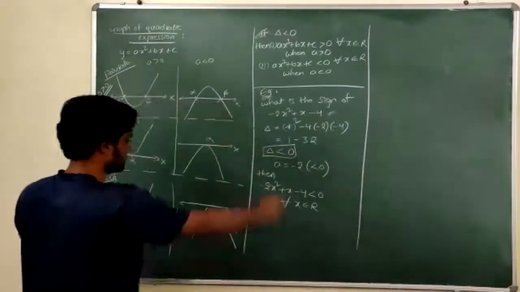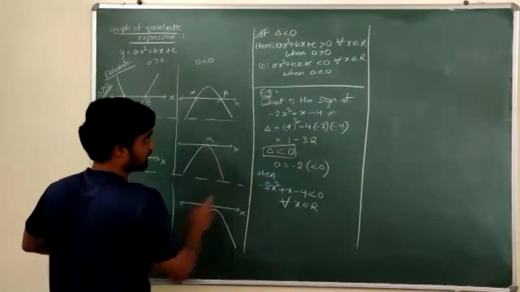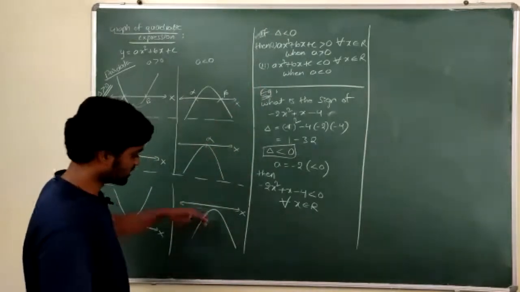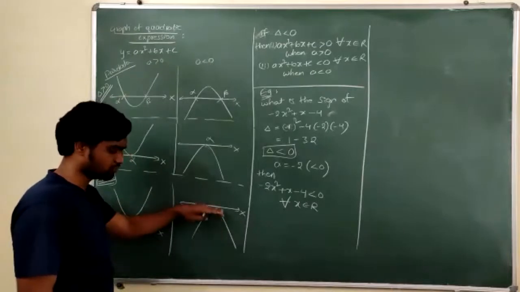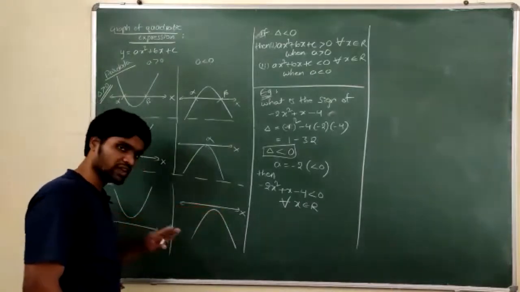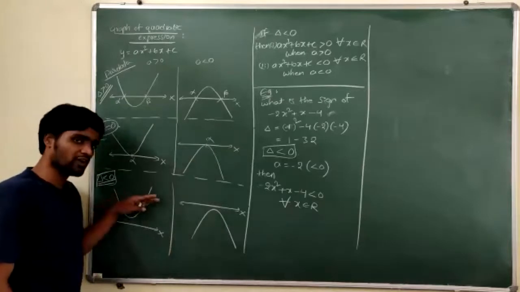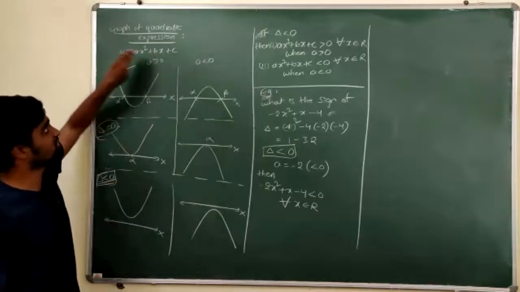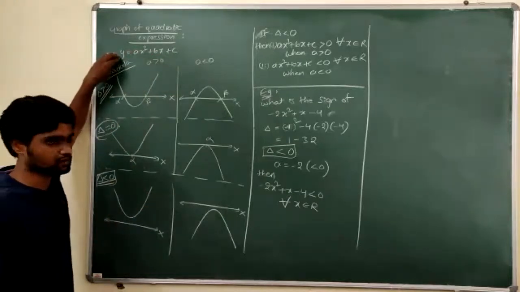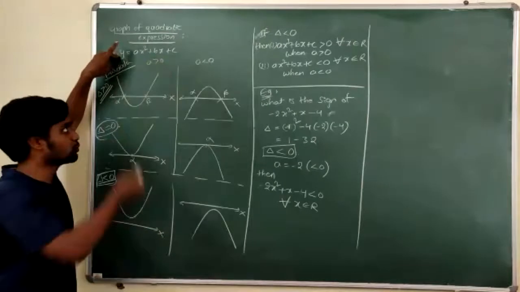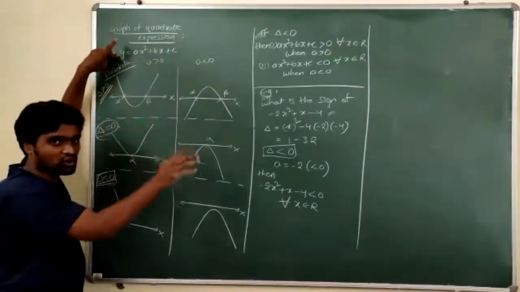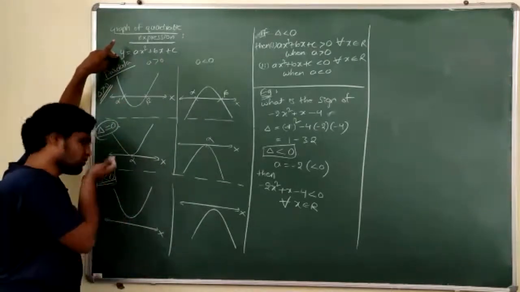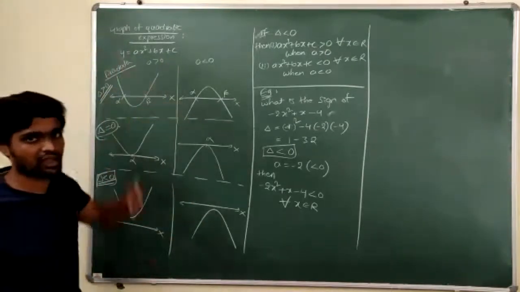Okay. So relate these two. You'll understand it easily. So value of the expression is always negative because the graph is entirely below x-axis. The graph is entirely above x-axis, which means value of the expression is always positive. Value of expression is nothing but value of y coordinate. X values are x coordinate. When you plot the graph, x values become x coordinates, y value becomes y coordinates. So above x axis means positive y axis, below x axis negative y axis. That's it.